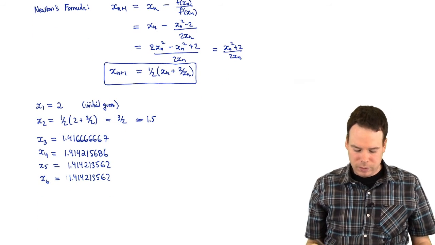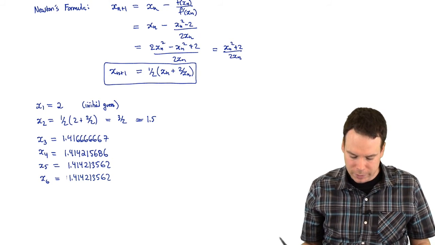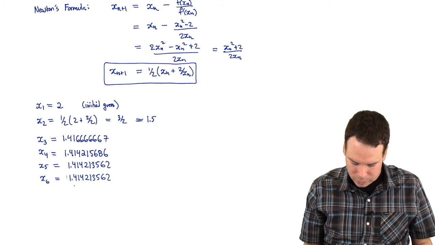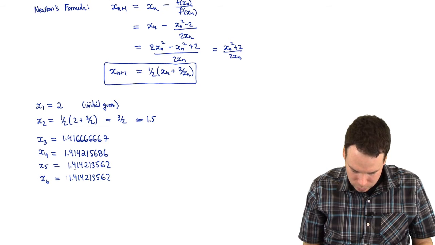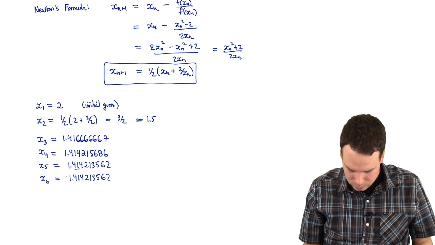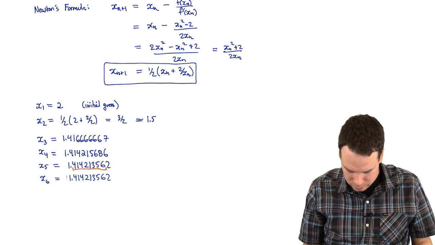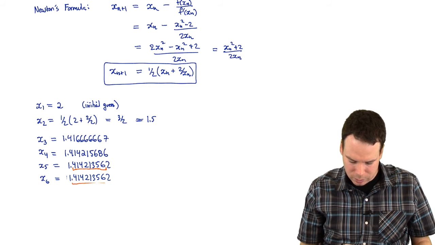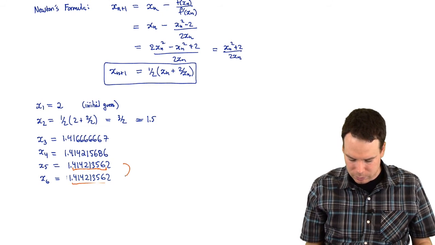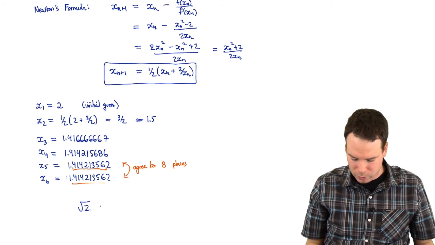Okay, so we worked out the first 6 approximations and we're trying to find the answer to 8 decimal places. So I'm looking at successive approximations to see if I've got 8 decimal places in common. So this is 2, okay, so 1, 2, 3, 4, 5, 6, 7, 8. So there's 8 decimal places there. And this one has the same 8 decimal places in common. The one previous doesn't. So these ones agree to 8 decimal places. And so that means we've just found that the square root of 2 is approximately